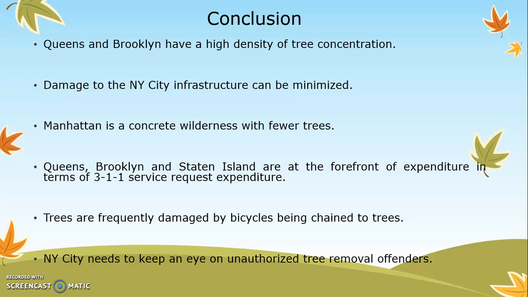Queens and Brooklyn, on the other hand, have more hazard requests than any other parts of the city. This can help us conclude that the trees are older and need regular maintenance, and they indicate a higher cost to the city. There is a need for frequent tracking of overgrown trees or branches. It will help us minimize cost to property and city infrastructure. And we could easily say that Queens, Brooklyn, and Staten Island stand at the forefront of expenditure.